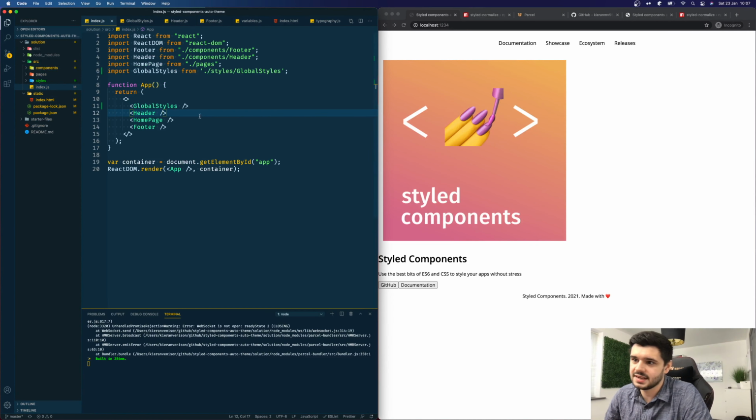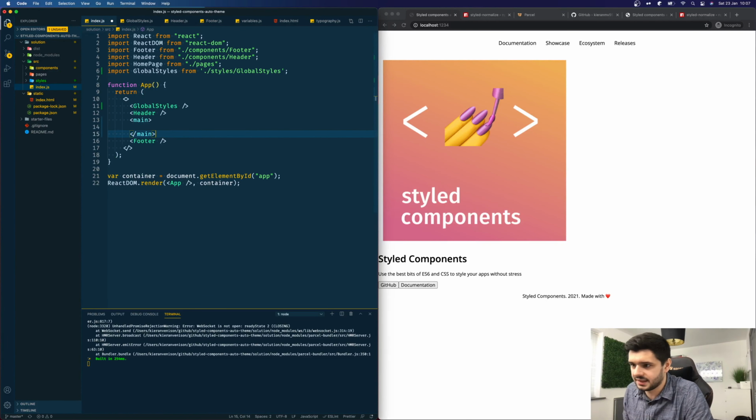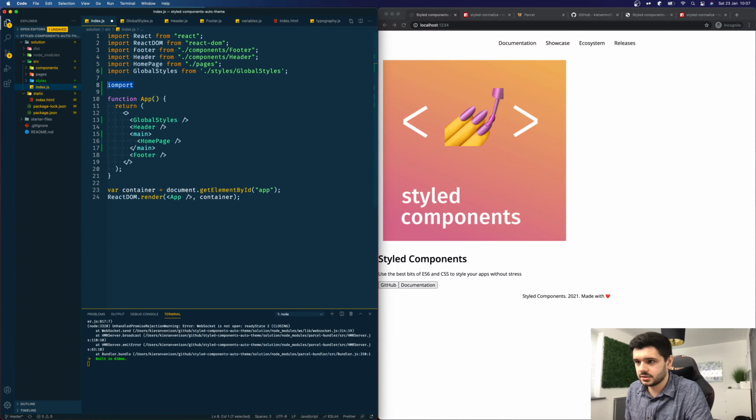So if we go to index.js, we'll see we have three components being rendered: the header, the home page, and the footer. And this global styles component doesn't actually render into the page as it's a global styles component, so we can kind of just forget that exists because it doesn't render any actual DOM content. So what we can do is, for my own sanity, I like to wrap the main part of a website in a main tag just for semantics, and then we'll import styled here. Import styled from styled-components,